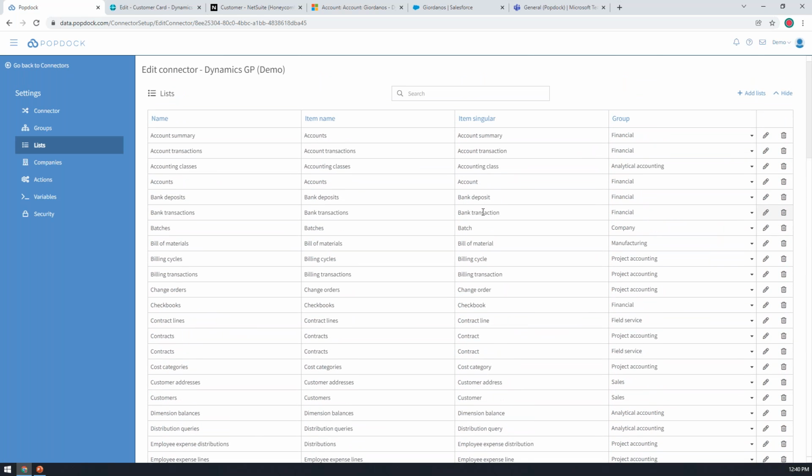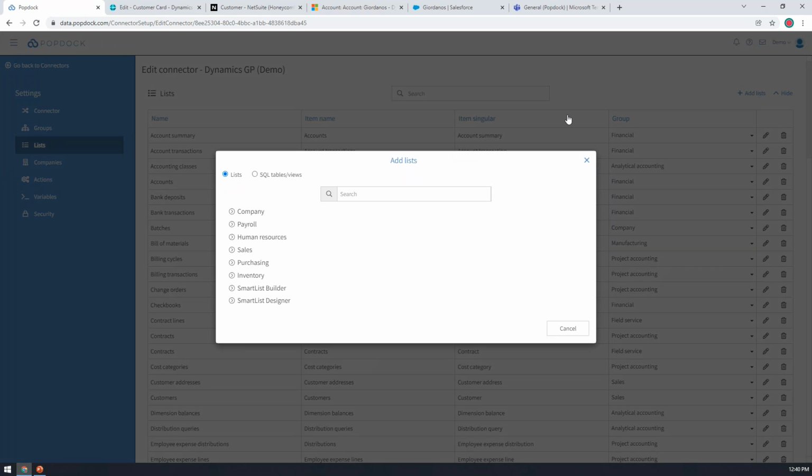But this is the thing I love about it. This is what E1 always does, is we try to bring those things that only developers could do in the past. We try to bring these things to the end user or the consultant, so that you don't necessarily have to bring in an IT person every time to get the data you need. So what do I mean by that? Well, we can add new lists. What this is doing, this is going and finding